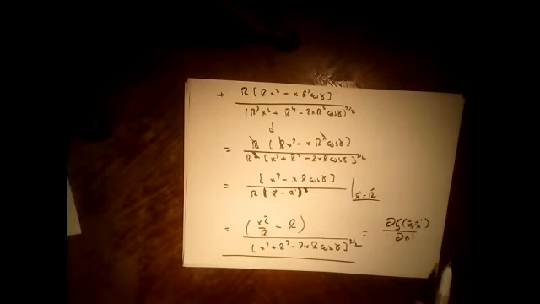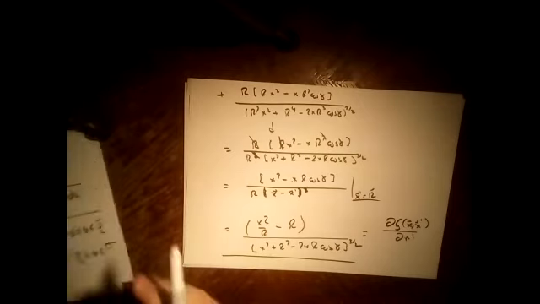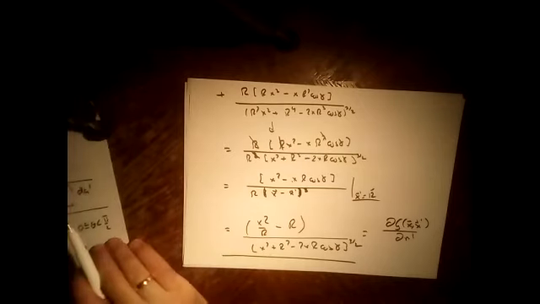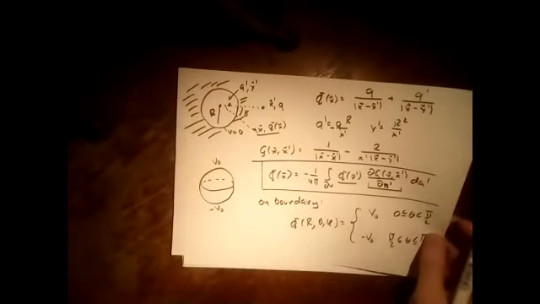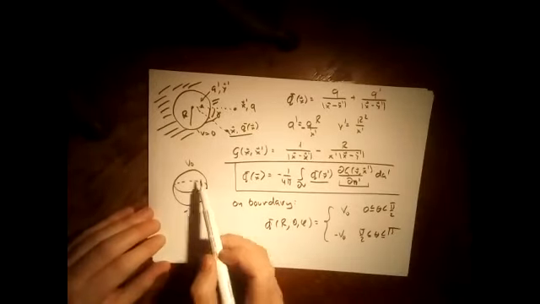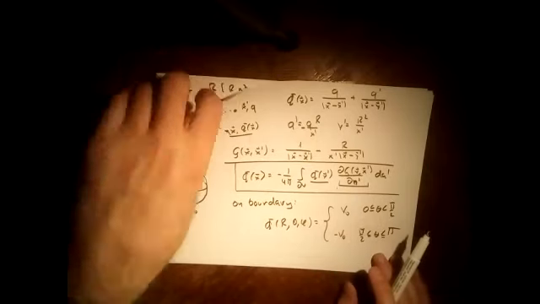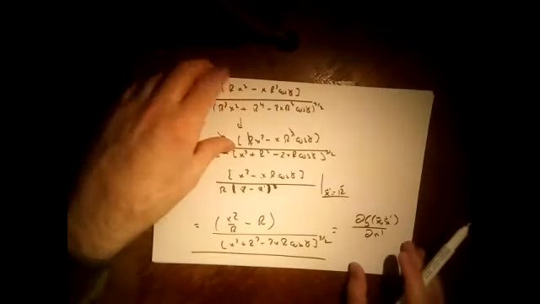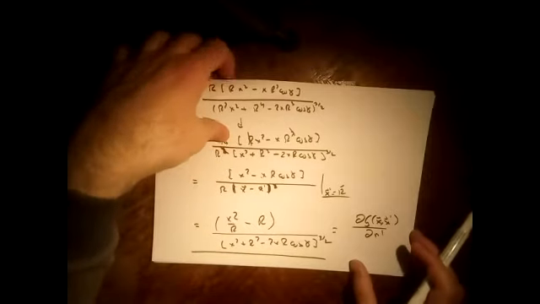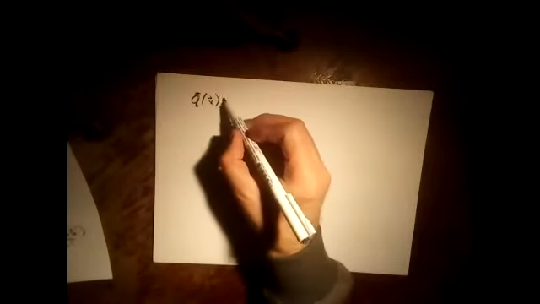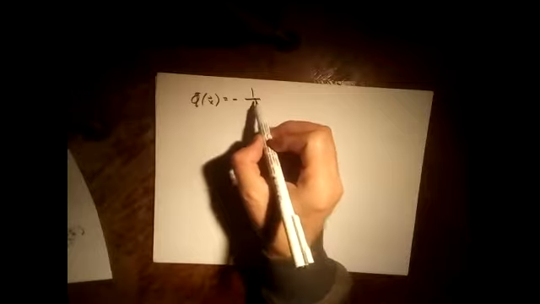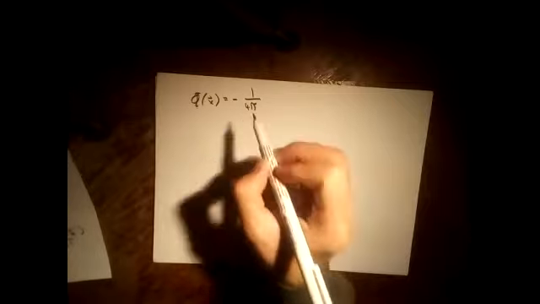Okay, so now we could actually solve the original problem. Just a reminder of what the original problem is. Here we have the original problem. We figured this out and we already wrote this. So we can write the potential in the following way. So we have phi of x is equal to minus 1 over 4 pi